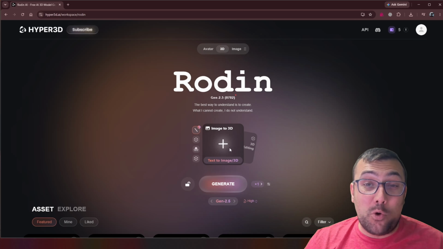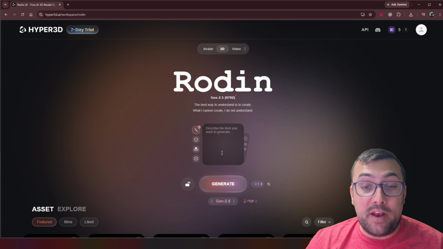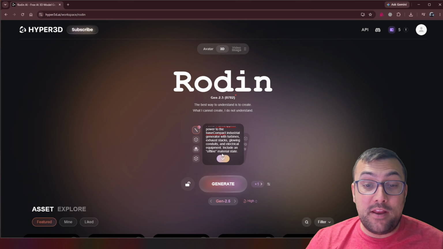However, the bottleneck is models. No matter how much I prompted Codex, it can never make the assets, the models properly. And the current version, up until making the 3D models, was using image sprites. And no matter how many times I prompted it, the graphics never really got better. As always, I will have a link in the description below, but today we are looking at Rodin Gen 2.5